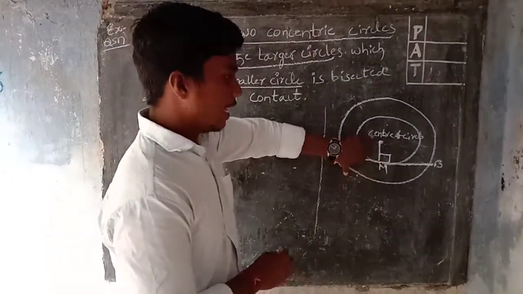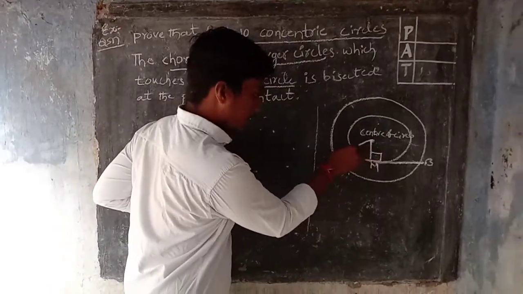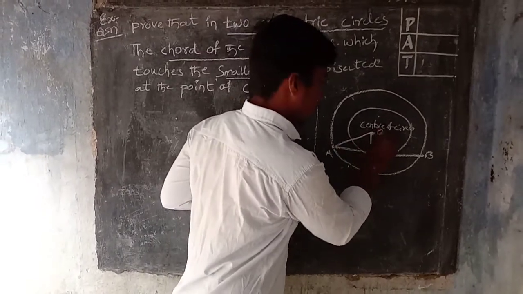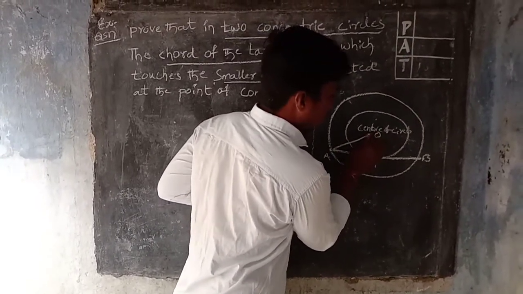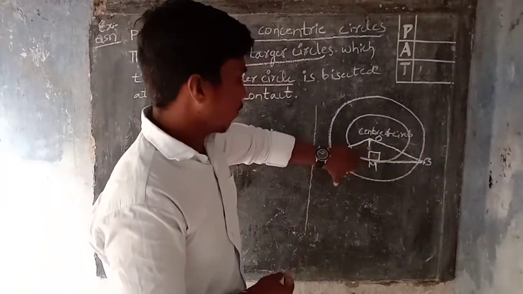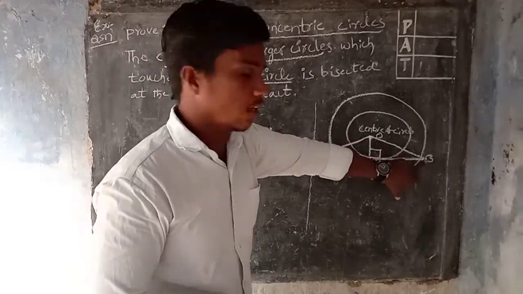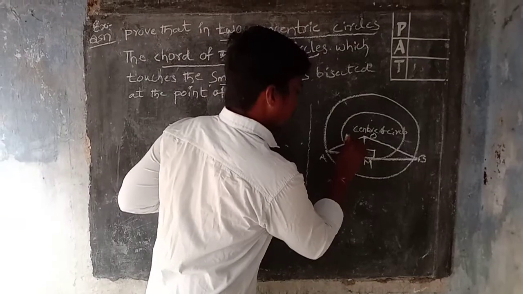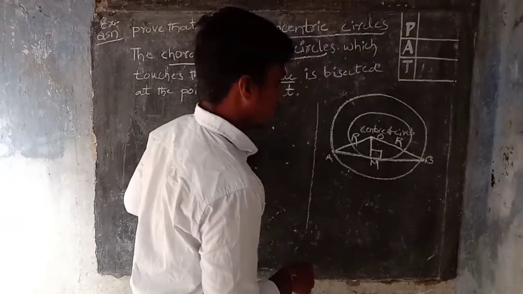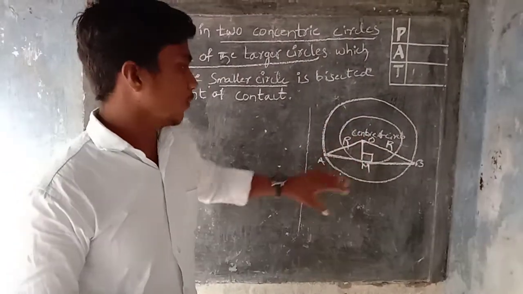Here, from the center O to point A is the radius of the larger circle, and O to B is another radius of the larger circle. This is one radius of the larger circle and this is another radius of the larger circle. It is denoted as capital R. This is also denoted as capital R. In this concentric circle, we observe that